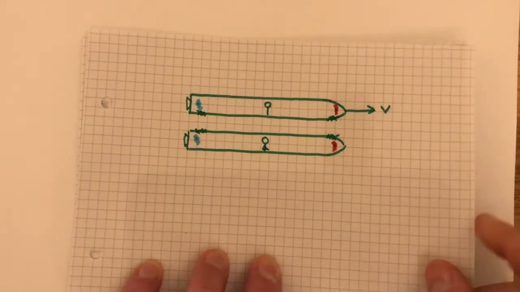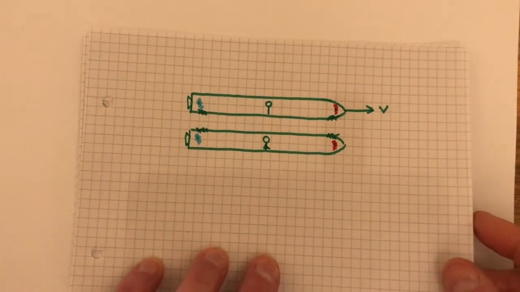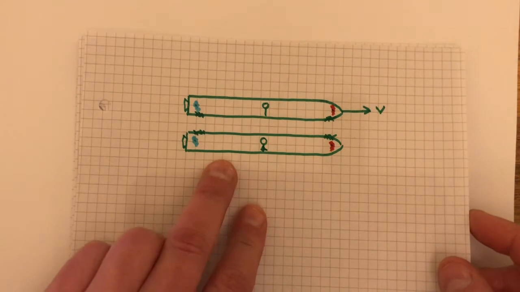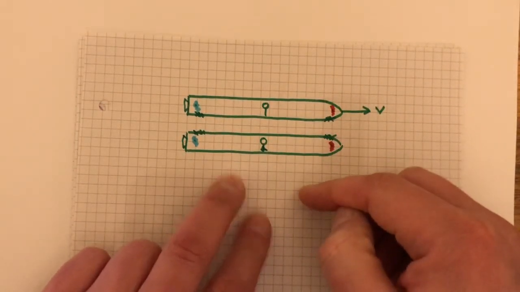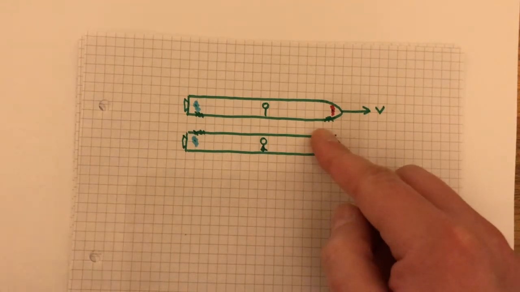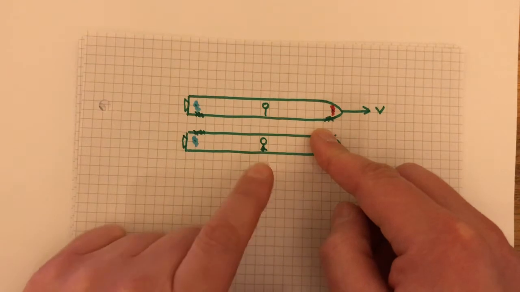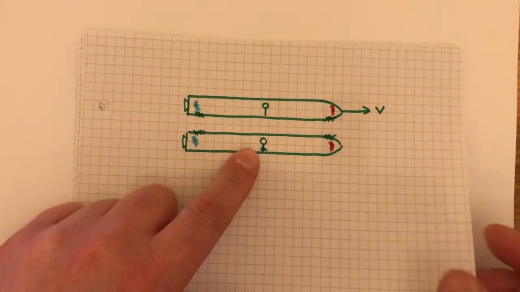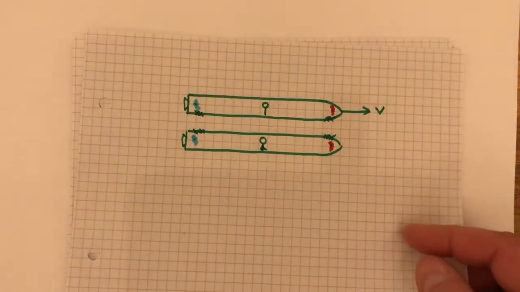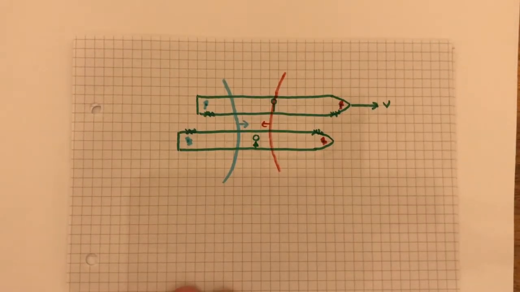So as I move now onto my second drawing, it should look identical to the first. The only thing that we're going to notice is that a flash of red light is going to start emanating from the front of the ship, and a flash of blue light is going to start emanating from the back of the ship, and that this ship is going to shuffle across two squares. So 3, 2, 1, there we are.